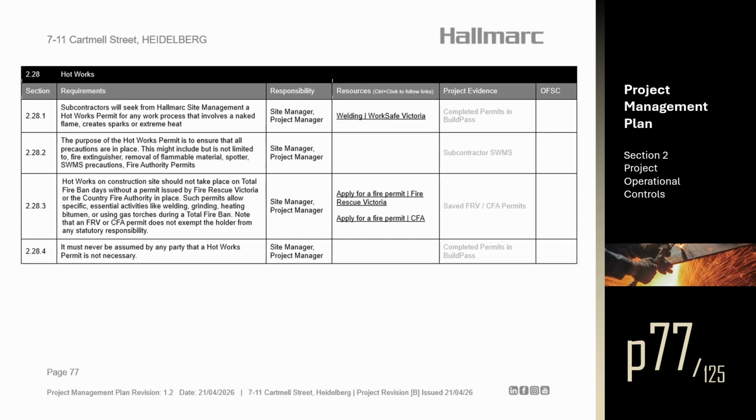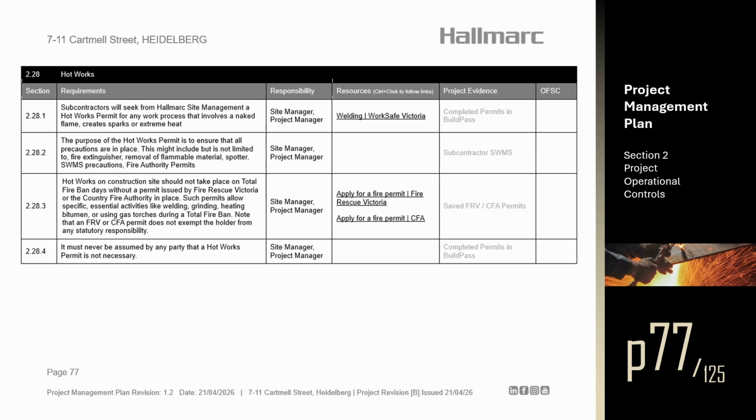Section 2.28. Hot works. Section 2.28.1. Subcontractors will seek from Hallmarc Site Management a hot works permit for any work process that involves a naked flame, creates sparks, or extreme heat. Section 2.28.2. The purpose of the hot works permit is to ensure that all precautions are in place. This might include, but is not limited to, fire extinguisher, removal of flammable material, spotter, SWMS precautions, and fire authority